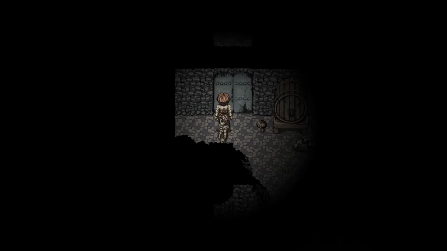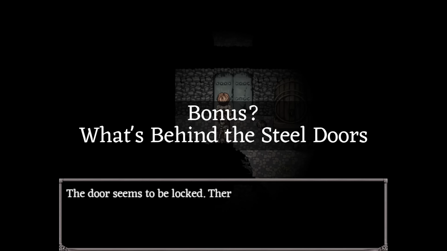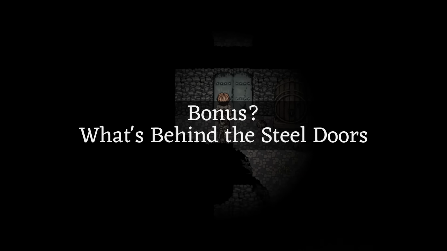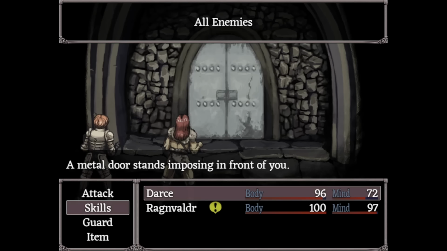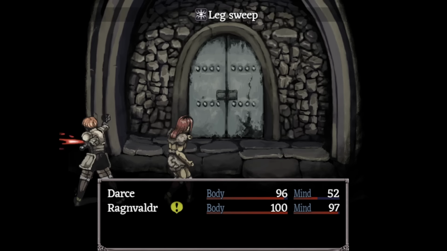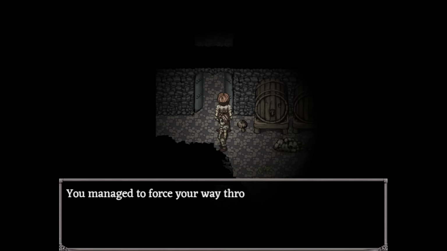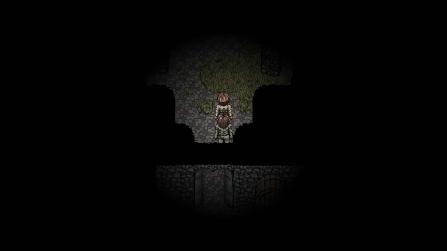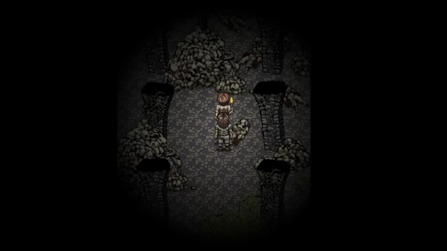Back in reality, and we can find the last secret in this area. What's behind the steel doors? To open them, you need a crow emblem key. So, simply kill the crow mauler. Or if you have leg sweep, just delete the door. Inside you'll find piles and piles of corpses, the room stinking of gore, and at the end, the unholy sword